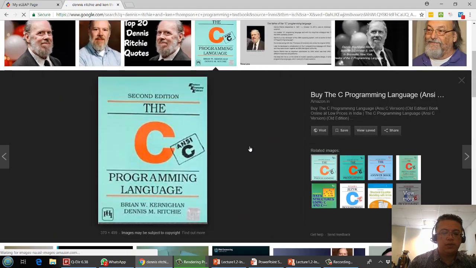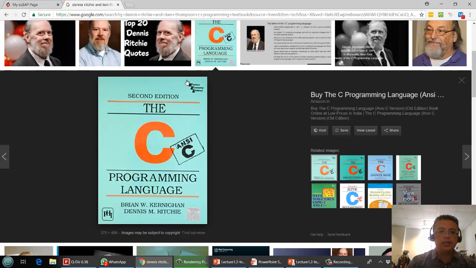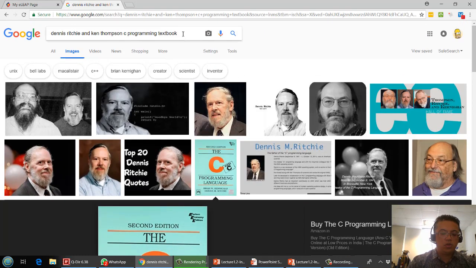So this is actually one of the earliest programming textbook for C programming, written by Dennis Ritchie, and there's another guy called Brian Kennedy as well, who is also the inventor of the C programming language. And the last person, Eric S. Raymond, is also related to the open source software movement. I think the difference is you can find a book written by Richard Stallman, which is The Cathedral and the Bazaar. So Richard Stallman,